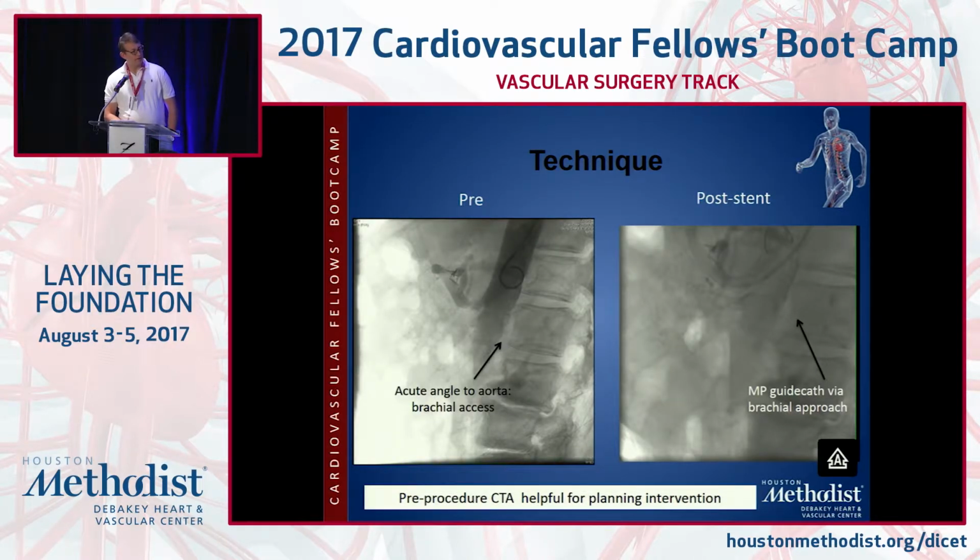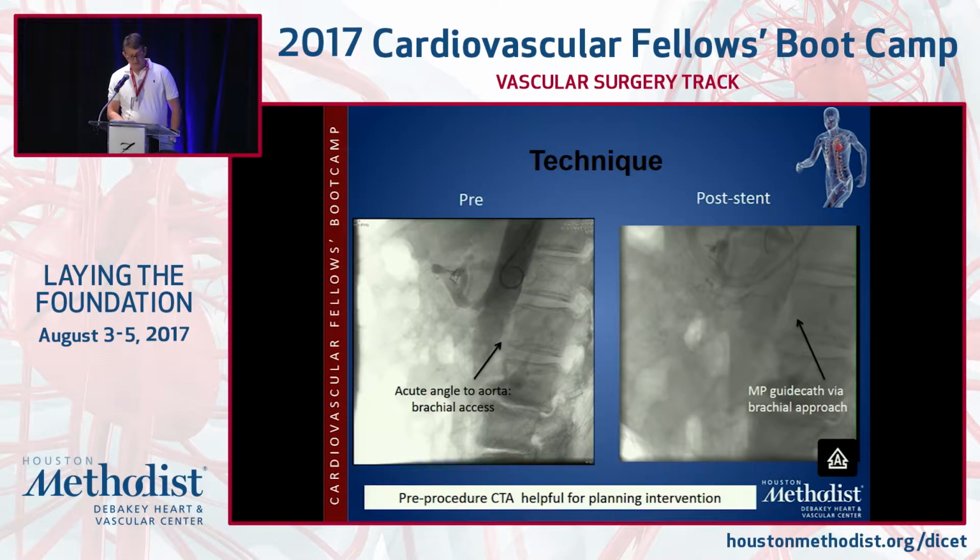On the other hand, if you have a very downgoing angle, you see here, I believe this was an intrinsic celiac lesion that was remnant after a median arcuate ligament release. You can see there's a very downgoing angle of the celiac relative to the aorta. I think many people think that's best approached from a brachial, because you come down and you have a very nice gentle angle coming from above that allows for pretty easy passage of your stents and balloons. So in this scenario, you see that a guide cath comes from above, and then you can treat via a